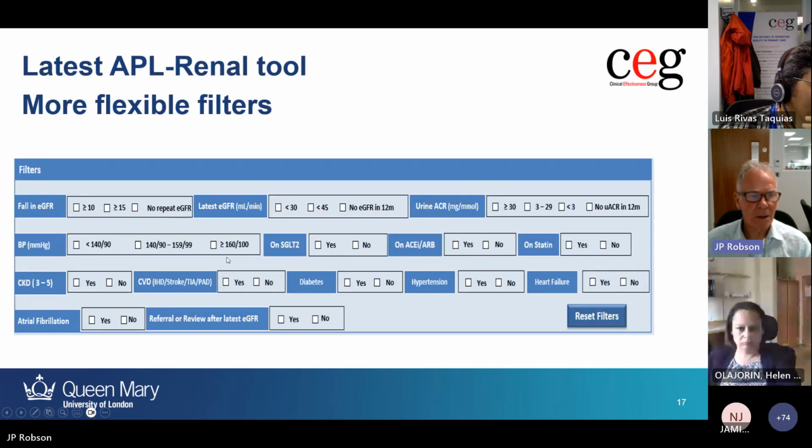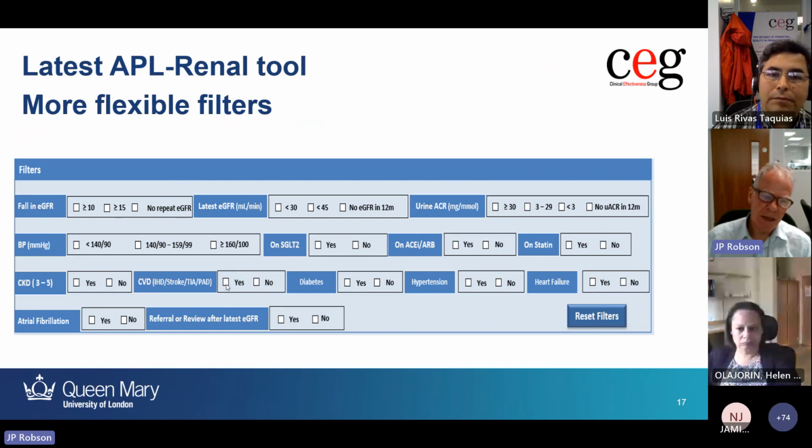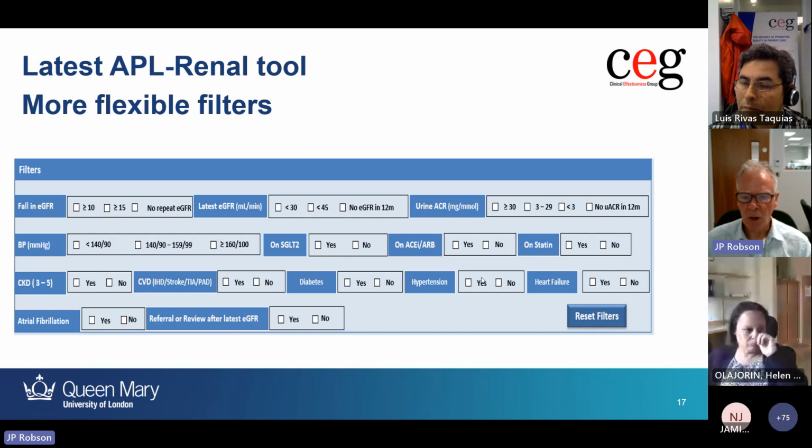So this is again a picture of those filters. The ones I was showing earlier are just a slightly earlier version than this latest one. We now allow you to select whether you've got CVD, yes, or whether you don't have CVD. So we made the filters a little bit easier to use and flexible. So it's quite a complicated tool. I think that once you become familiar with it, you'll be able to use it. But it's just to make it clear once again that it's to do two things. It's to find people who don't at the moment have